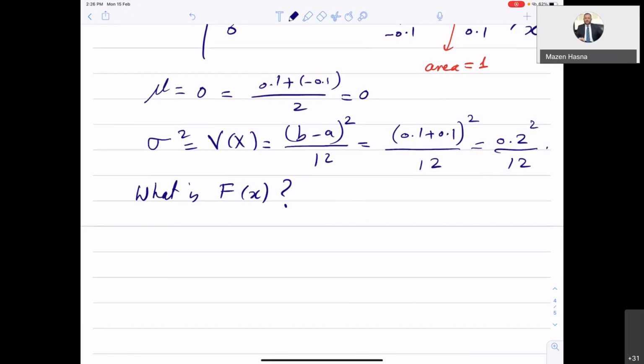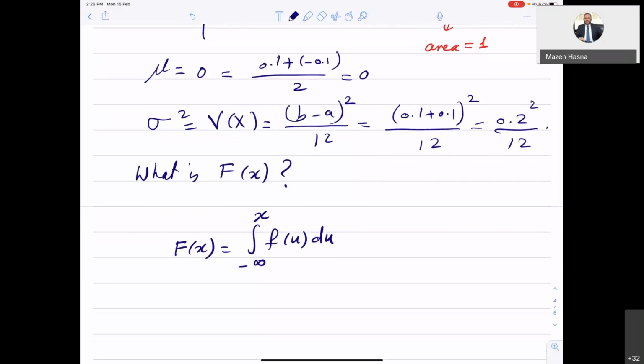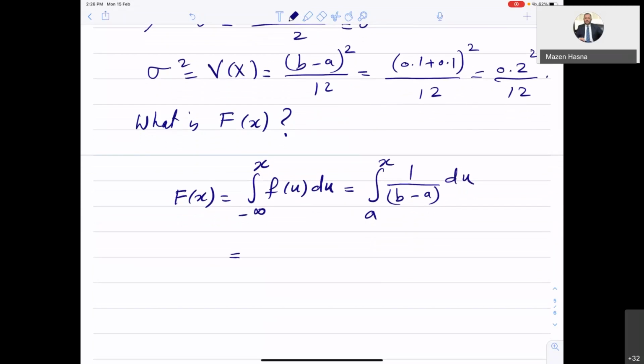For uniform distribution, like any other distribution, what's the definition of F of x? It's just the integration from minus infinity to x of f of u du. We know that the uniform starts at a, so it's the integration from a to x, and the PDF is 1 over b minus a du. So you integrate this, you have u over b minus a, and then you substitute from a to x. So this is simply